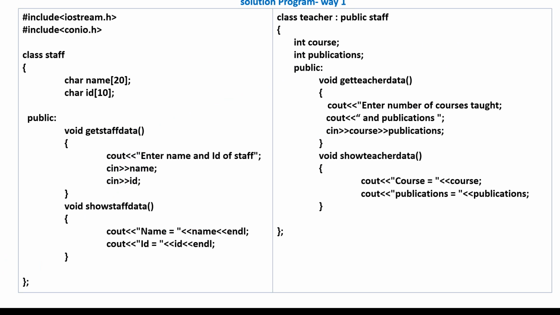So this is the program. In the staff base class, two variables, name and ID, then two functions, get data and show data. A teacher class is derived from staff, having course and publication as attributes, and two functions to get data and show data.